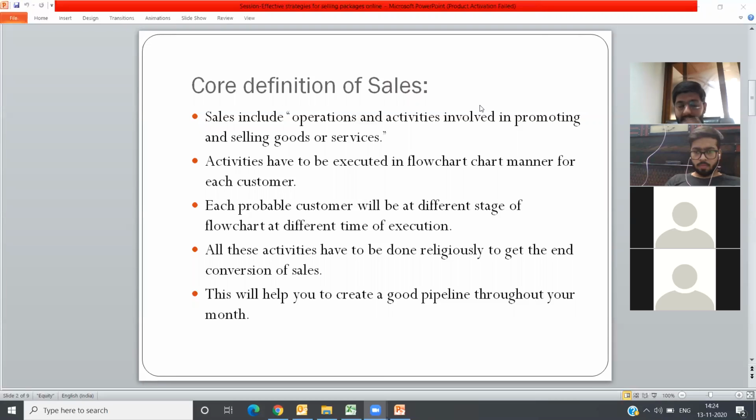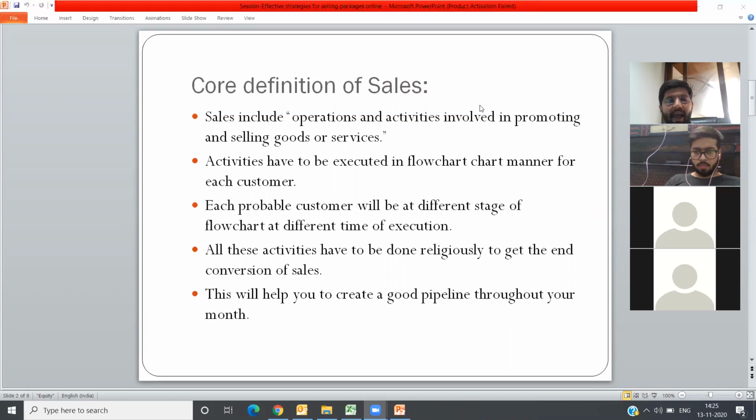As in our case, we are selling services. So it is a set of operations and activities you will be involved in. There are multiple activities and operations in which we are involved to sell the end result, a travel package. So we'll be discussing each and every activity in a precise manner so that you get the information. So you can list down which customer is at which level of your sales activity. There are various levels of sales activity involved in selling a particular travel package, whether it's of Kerala or of Maldives. So you have to get involved in various operations and activities.